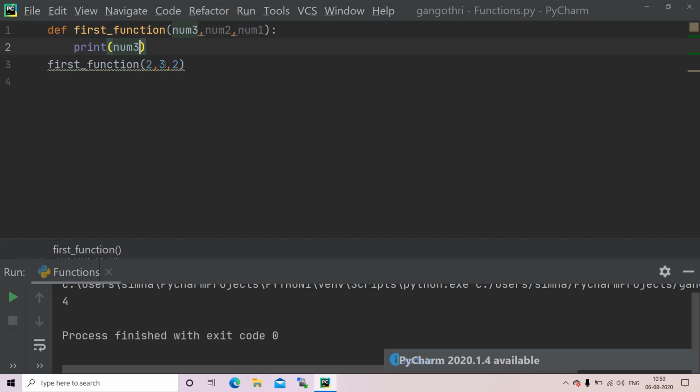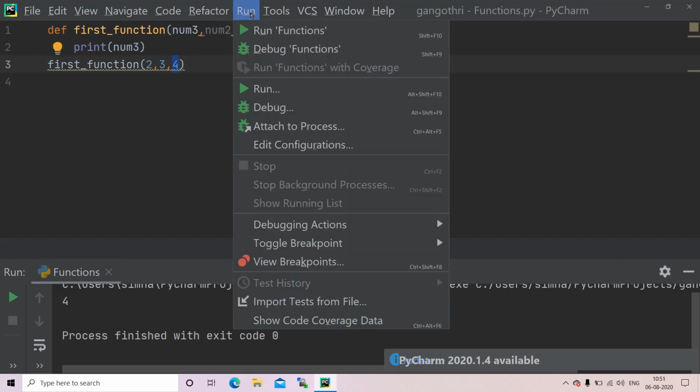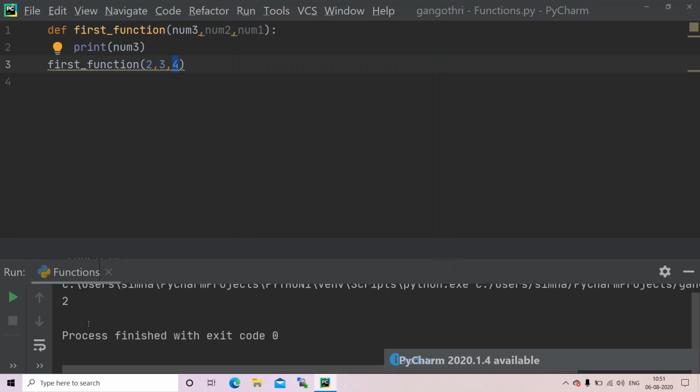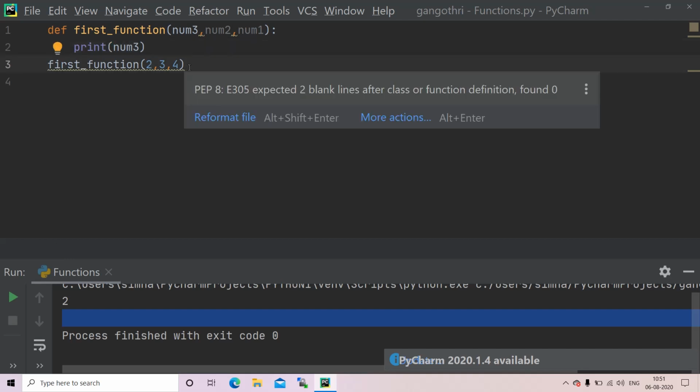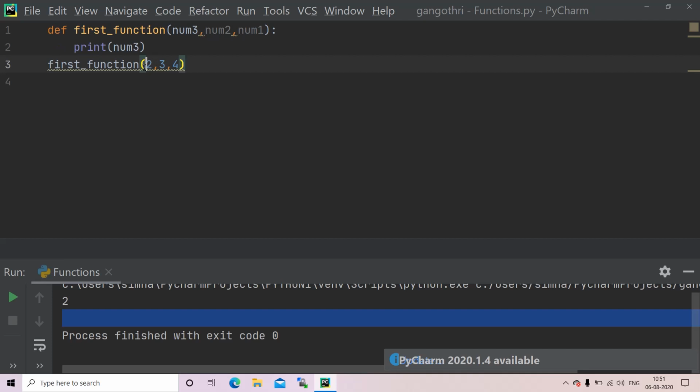Okay, now here I have called the program, but I want, here I'll change this to 4. Here I want 4 to be num3, but according to my positional arguments it has given num3, num2 and num1. So 4 is assigned to num1 here, right? So let us check if this is true or not. Yeah, 4 is assigned to num2, and when we have asked print num3 it has returned us 2, right? But I want num1 to be 2, num2 to be 3 and num3 to be 4. How can I do that?